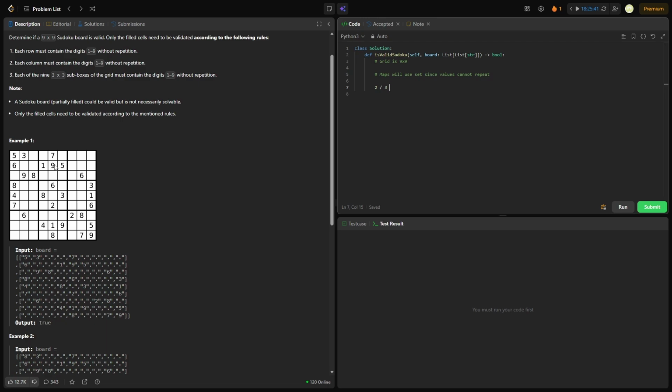These subgrids right here are technically the 0th index, these are the first index, and these are the second index. The reason we're doing that is because we can pick a particular grid. So for example,